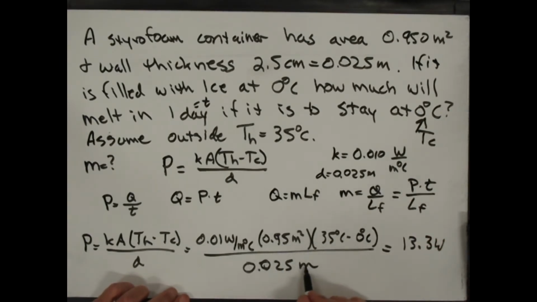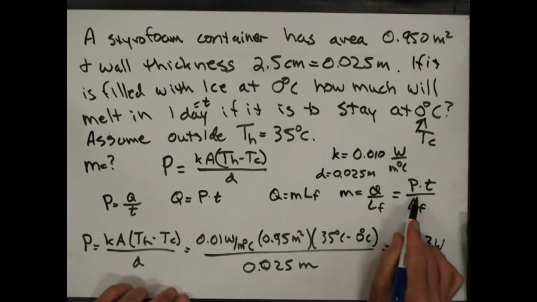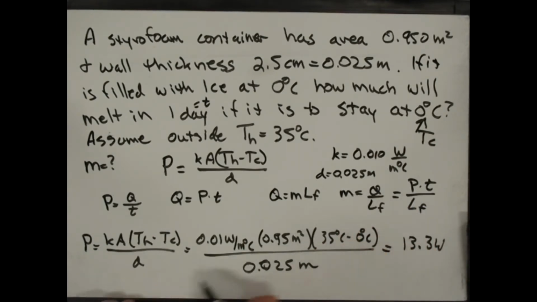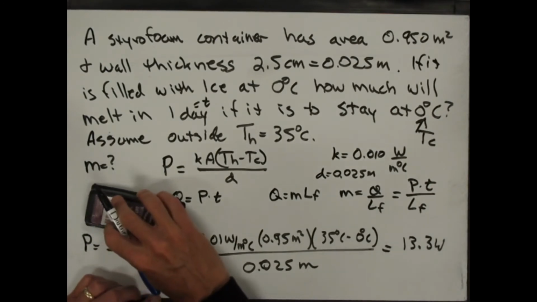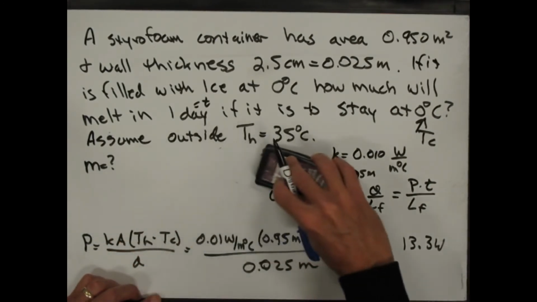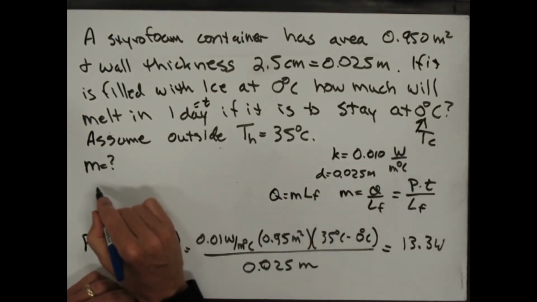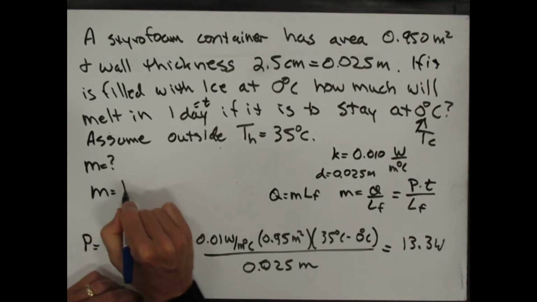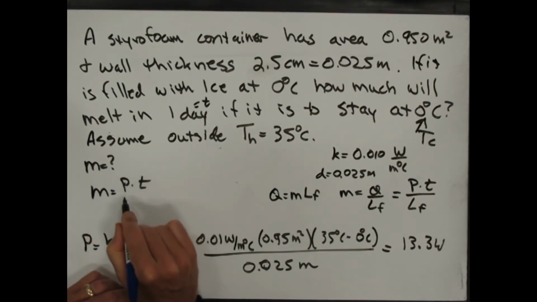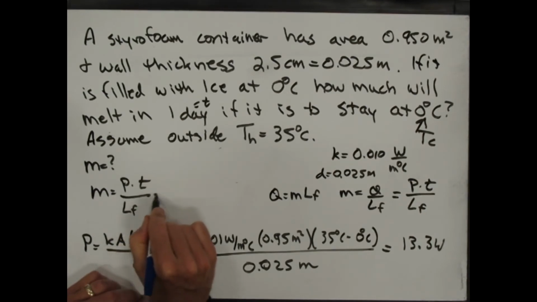All right, you should be able to cancel out all the units. Meters cancels with meters squared and leaves meters. That cancels with this. Meters degrees C cancels with that. And if you multiply all that stuff out, you get 13.3 watts. So this number is telling you the rate at which energy is leaving. And we can use that in this equation to determine the amount of mass, right? And so I'm just going to clear off a little spot up here and say, look, the mass is equal to the power times the time over the latent heat of fusion, which is